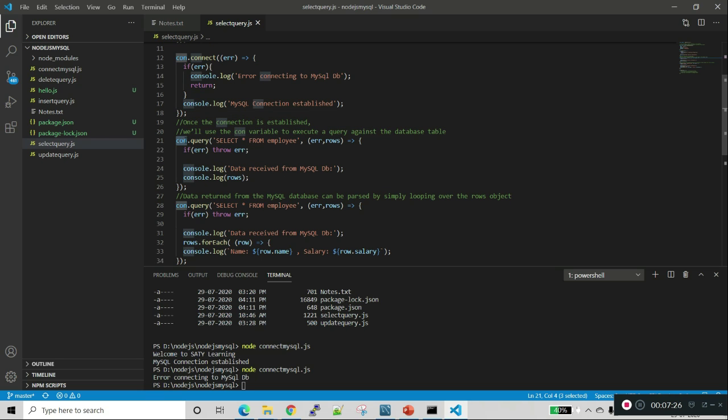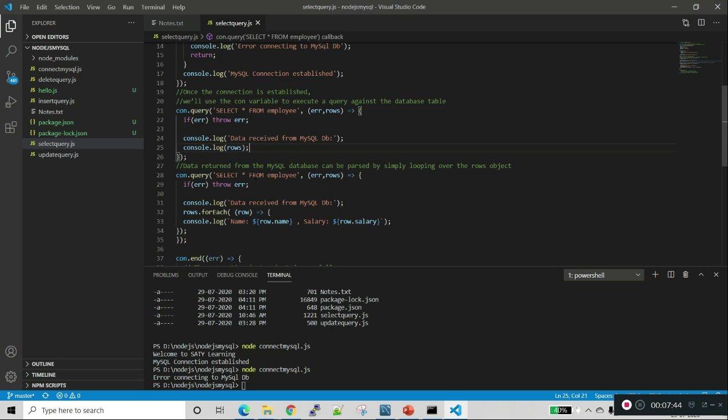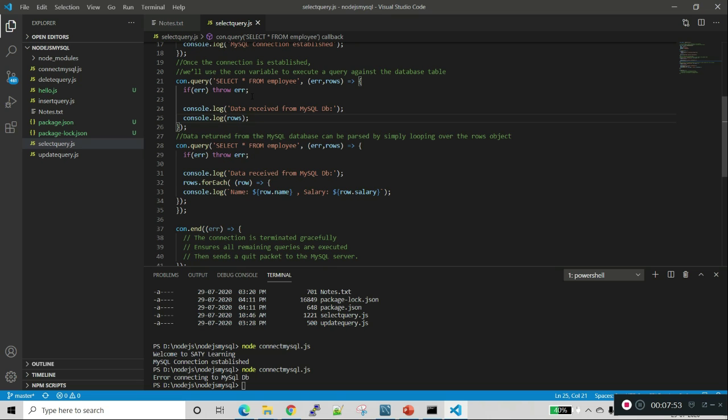This is the query for the select one. connection.query select star from employees. I am getting the error and rows. If there is an error, I am writing the error in the log. This is the select query from the employee table, and we are getting the rows.